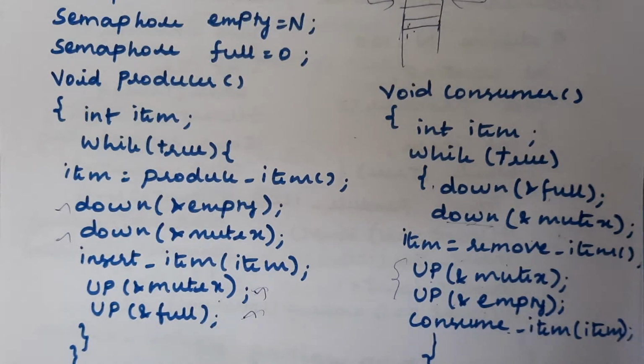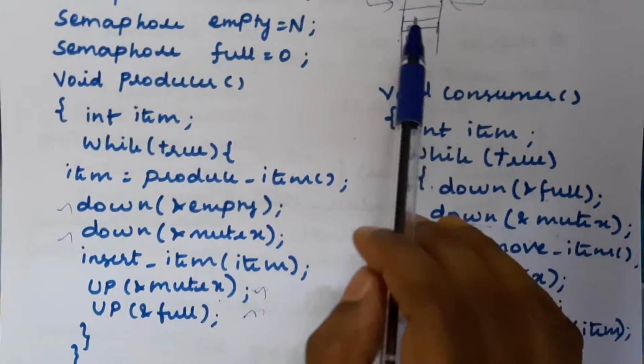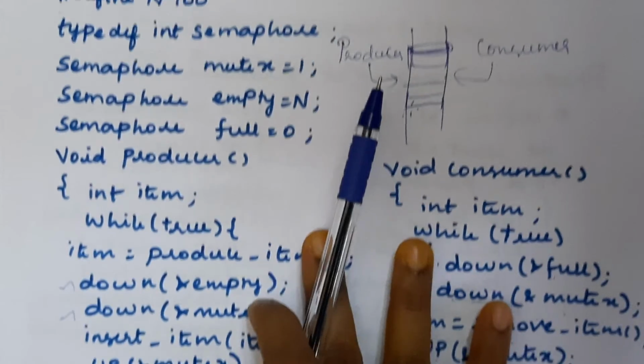One thing I want to explain: we have used the semaphore in two different ways. One is to satisfy mutual exclusion, and the other is process synchronization. Synchronization ensures that the producer stops running when the buffer is full, and the consumer stops running when the buffer is empty. It is not similar to the mutual exclusion problem. Mutual exclusion means both processes cannot access the common data at the same time.